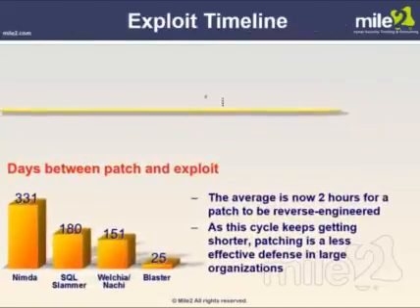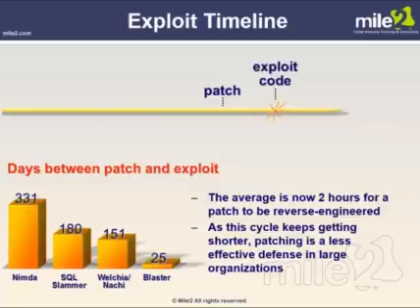Now, the exploit timeline here, as I mentioned, was almost a year. For Nimda, 331 days between the patch already being out and the time it was exploited. It took 331 days for Nimda to be created. SQL Slammer, 180 days, right there, 6 months. The Welchia-Nachi, 151 days. Blaster, 25 days. Now it's to the point where we have 2 hours or less for a patch to be reverse engineered, and